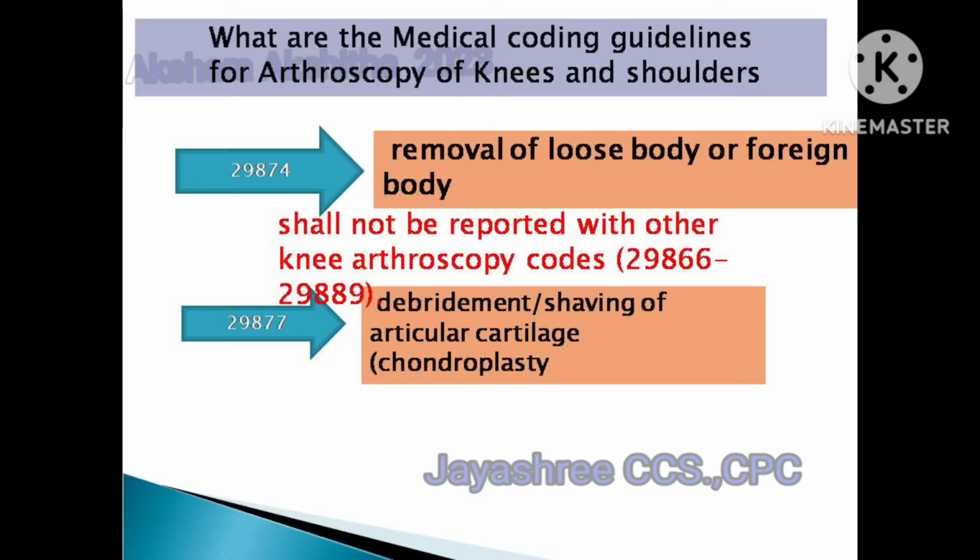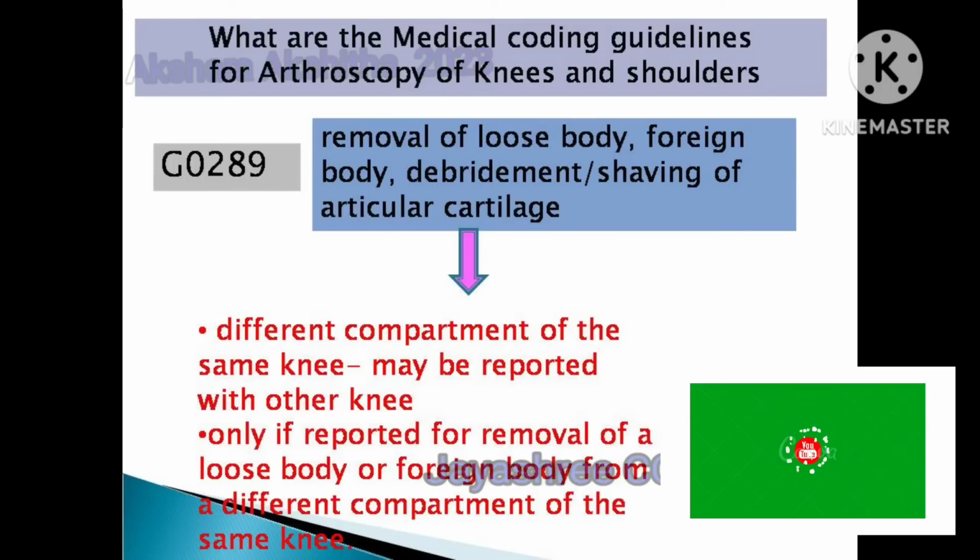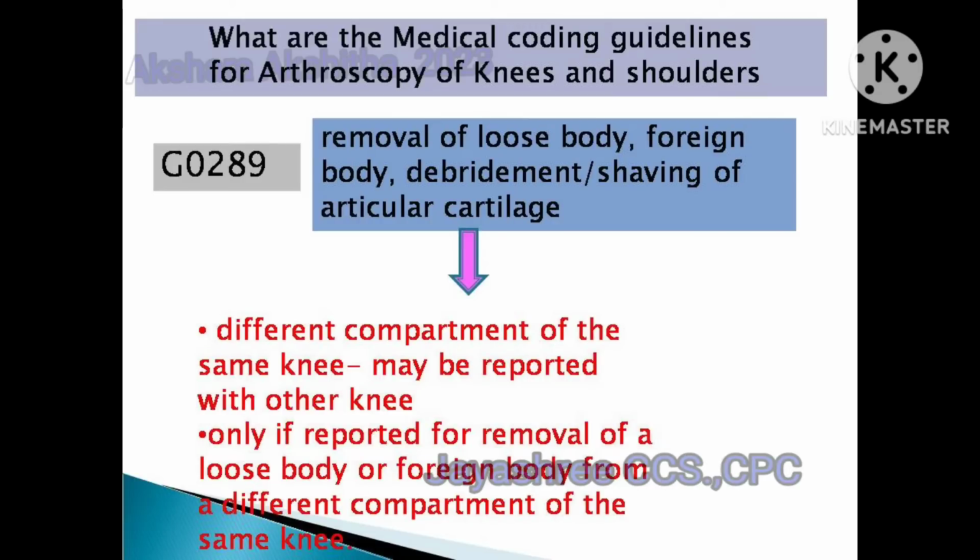But when can we bill the knee debridement code? Let's see. 29874 is for removal of loose body or foreign body, and 29877 is for debridement or shaving of articular cartilage. Both codes we should not report with the other knee arthroscopy codes, which are 29866 to 29889. With this range of codes, debridement and removal of loose body we should not bill together,